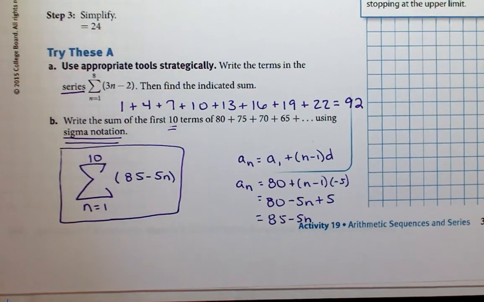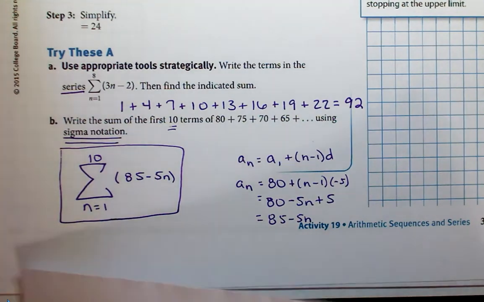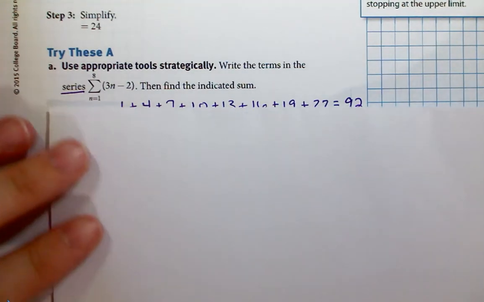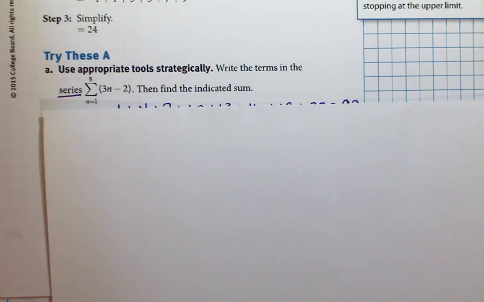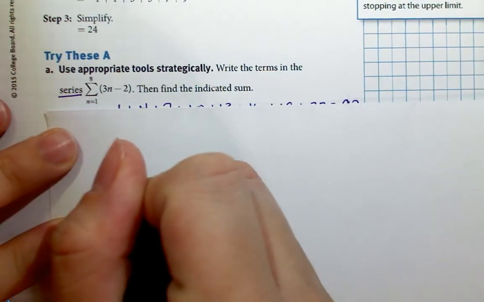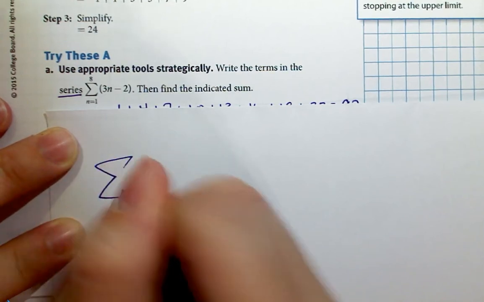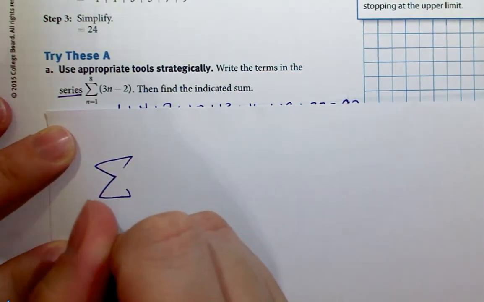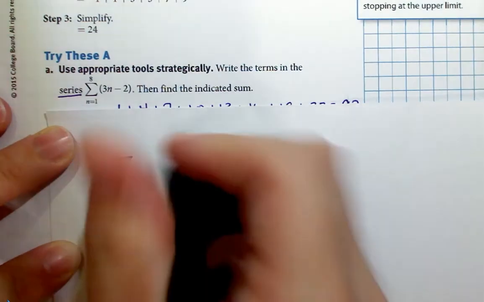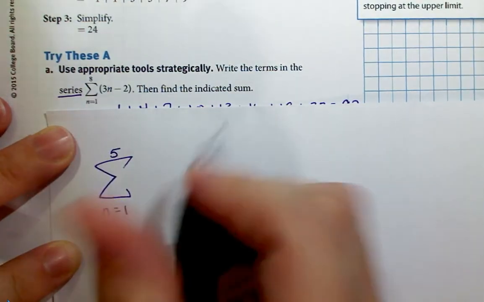This is just a shorthand notation, okay? So let's look at a couple more problems. I'm just going to pull up some scratch paper here. So let's start with problem one, such as the summation of n equals 1 to 5 of